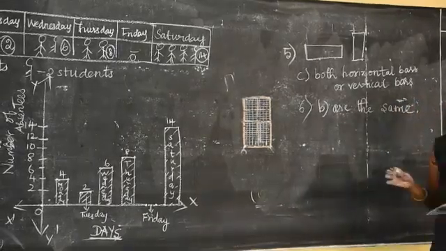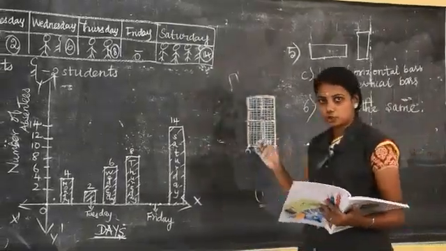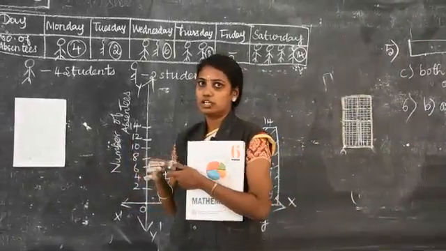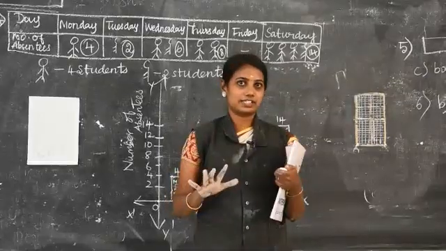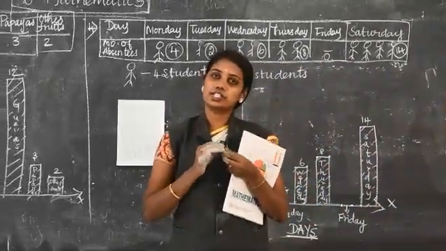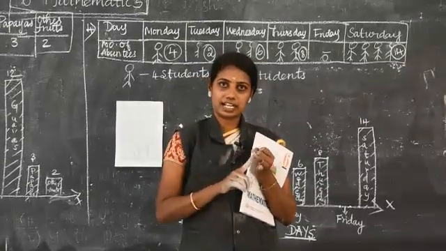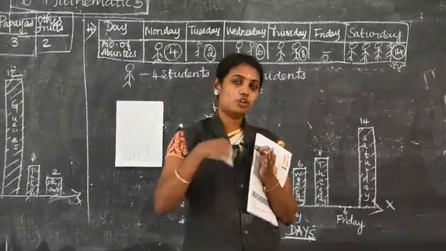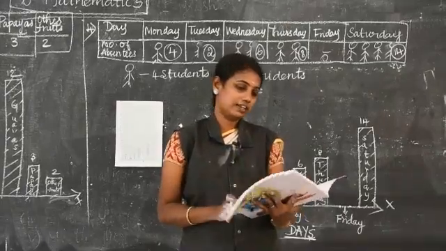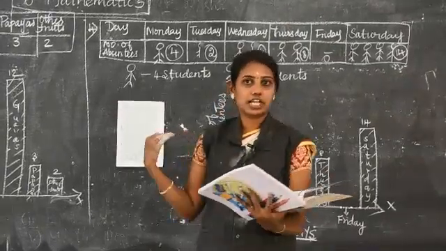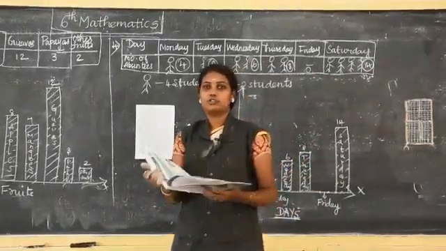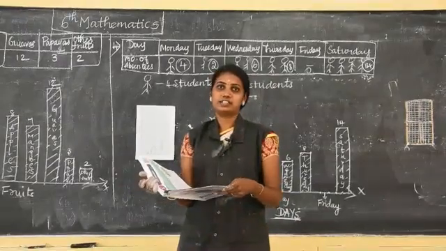Okay, now exercise 5.3 is over. Chapter 5 is over. Bar graph is 5 marks, I said. Practical geometry is 10 marks. So concentrate first on the practical geometry and graph, then 1 mark questions, then go for revising chapter by chapter. What are the chapters we have? I will tell you. We don't have chapter 6. Chapter 6 cannot be taught in the YouTube class. So we neglect chapter 6.